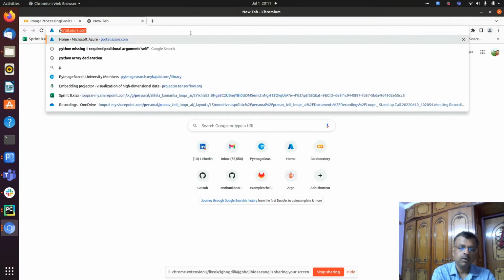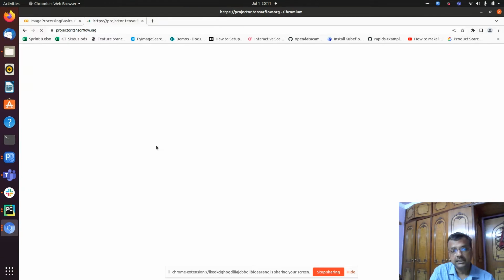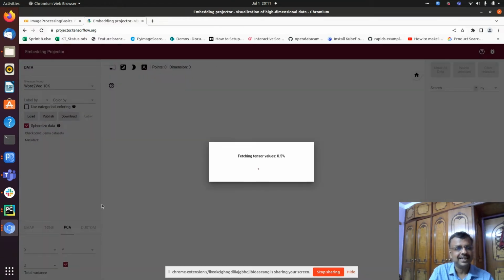This is the quickest way, and it gave good results when I showed it to my lead. He said, "Oh, this is good. I like the results and continue the project." So that's why I'm showing this initially. So we go to projector.tensorflow.org,